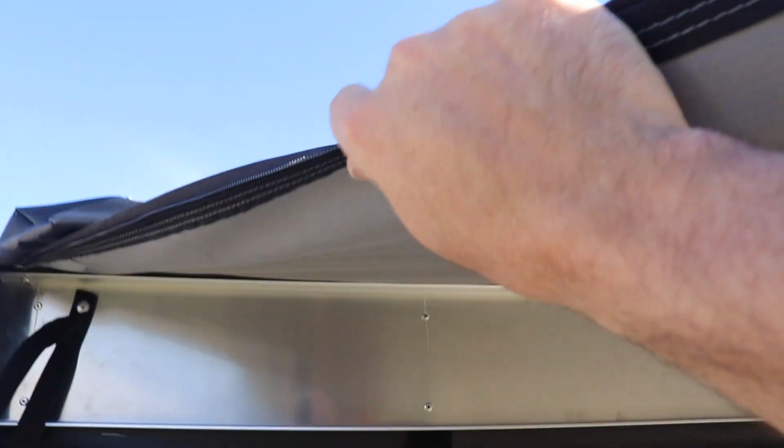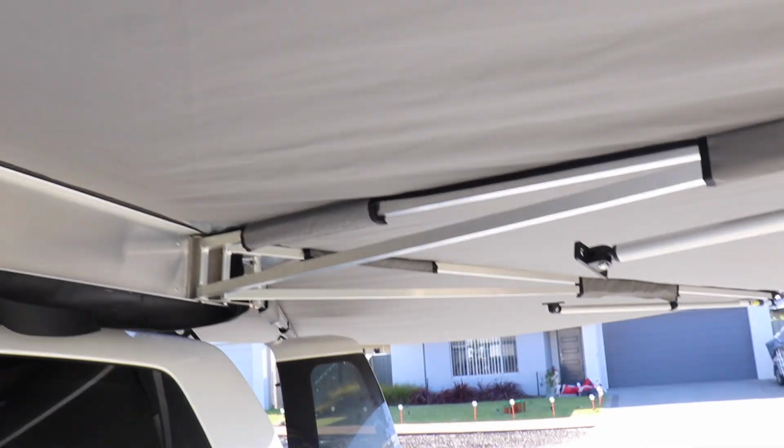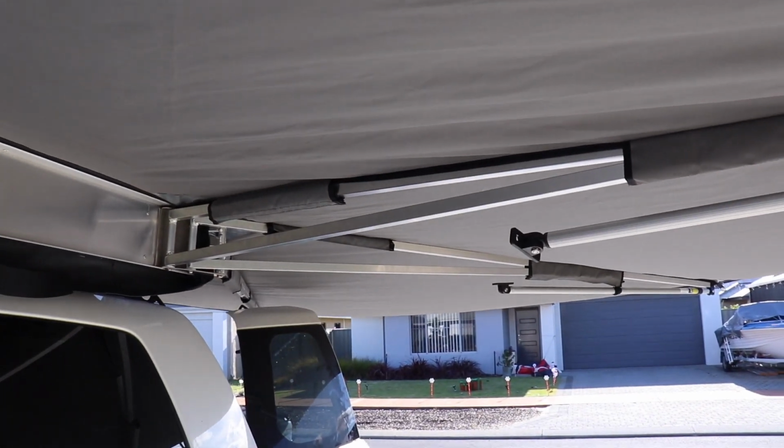The canvas material seems quite decent. Looks like Australian ripstop canvas, I'm guessing. It also has zips for the walls rather than having Velcro, which is super important because the Velcro walls on the Alu-Cab make it a real waste of time trying to use the walls in any sort of wind. Unfortunately,